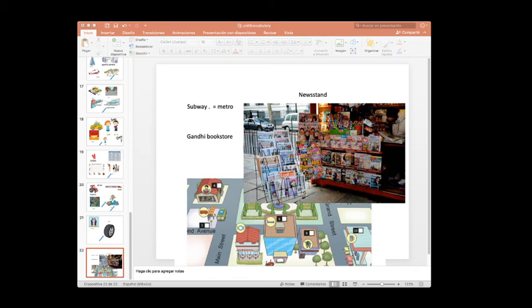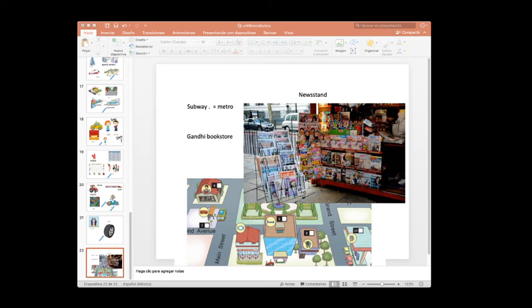Okay, at part two, language in context, ads. Read three advertisements for places in a neighborhood. What places do they describe? Okay, so we are going to check the audio and you are going to underline the words that you don't understand, please. So we are going to check the audio.